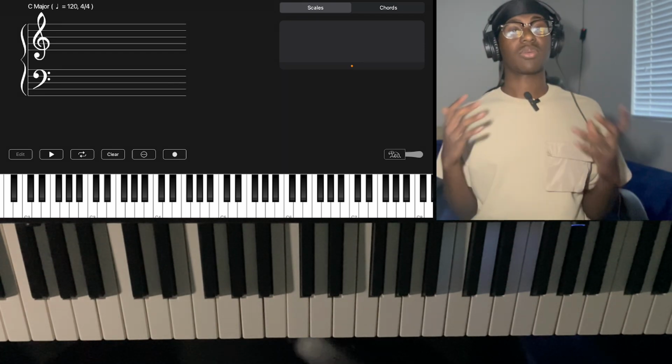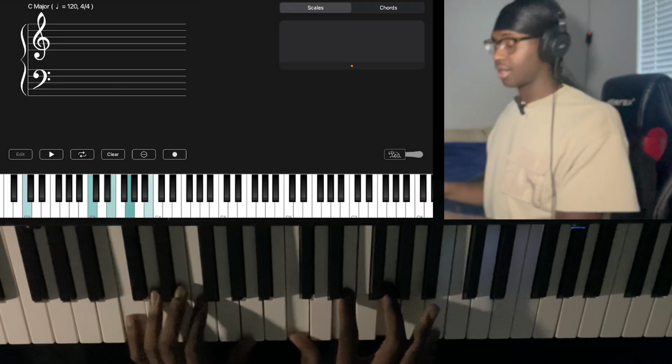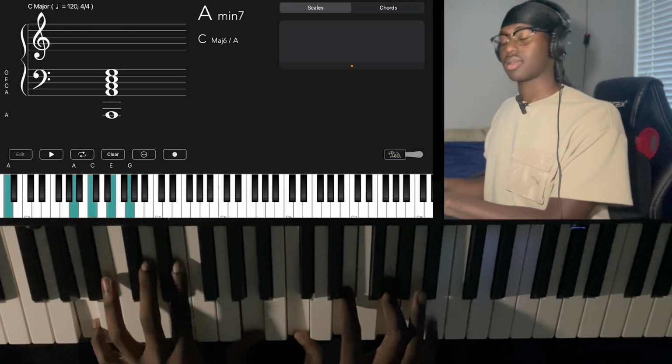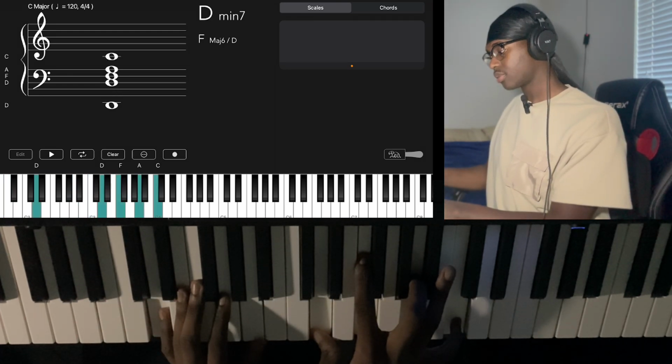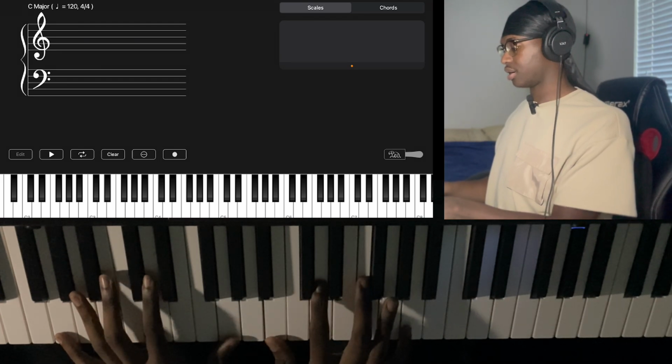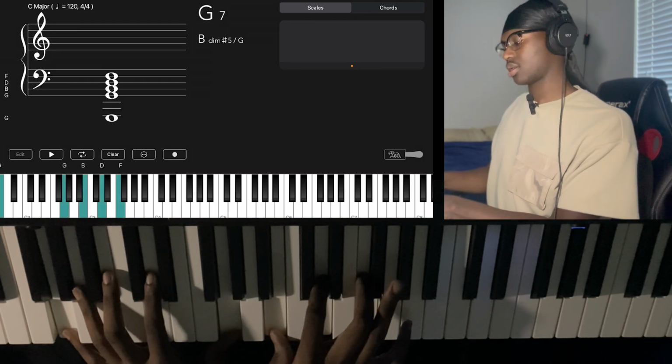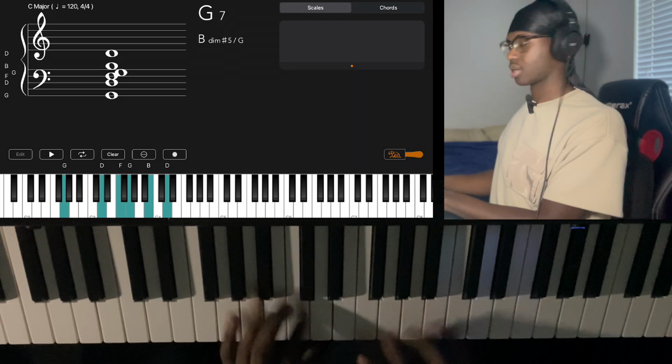So now this is where we get to the other side of things: sequence. We're gonna take four chords. We're gonna take our C major 7, our A minor 7, our D minor 7, and then our G7. And basically, when you put all of these chords together, it's gonna give you something that anybody can go out and groove with. So like,